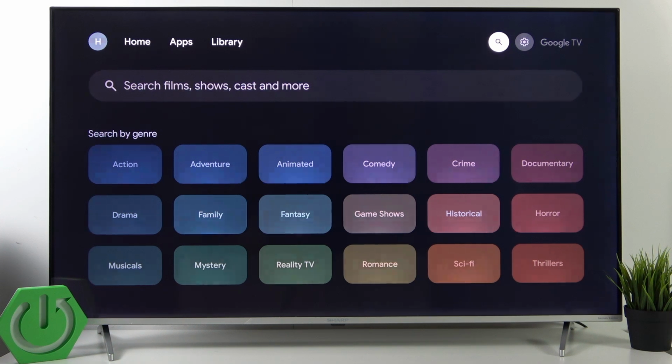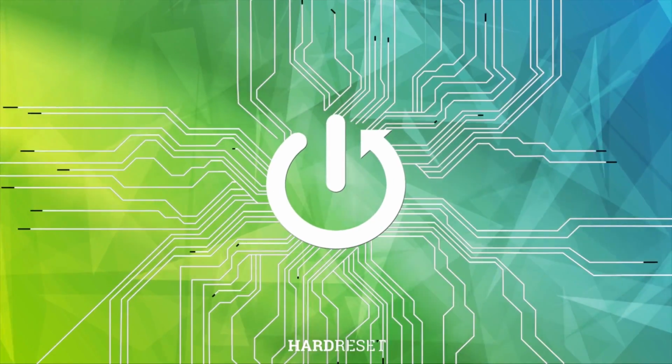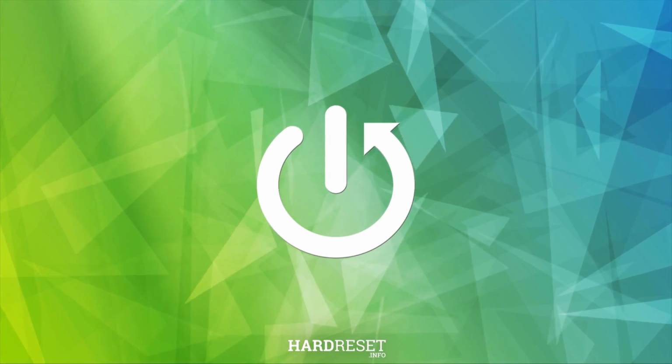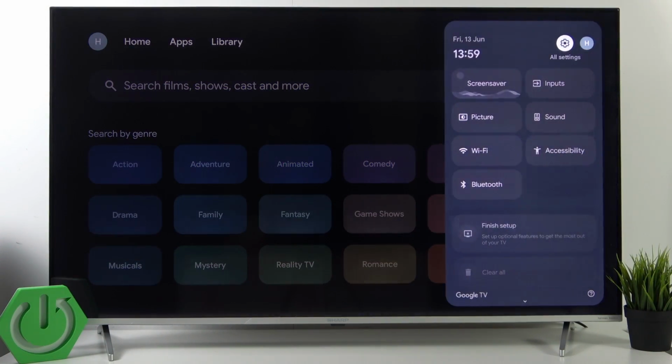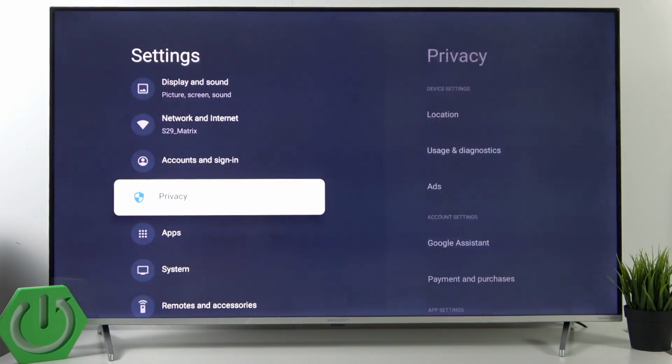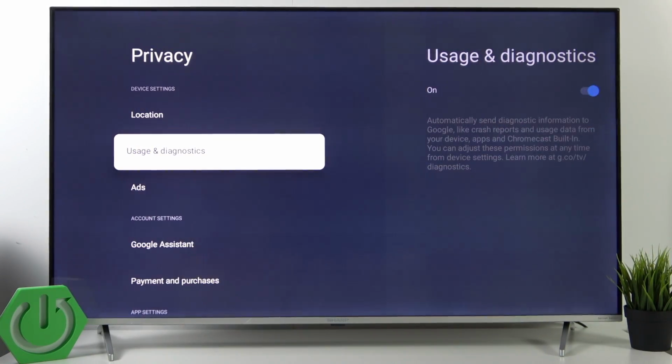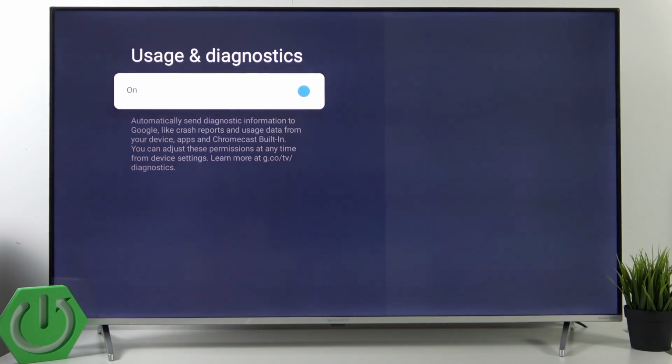Today I'll show you how to easily manage usage and diagnostics privacy settings on your Sharp 50 TV. So let's start off by going to the settings. Now scroll down until you see privacy, go to usage and diagnostics, and here you can disable the